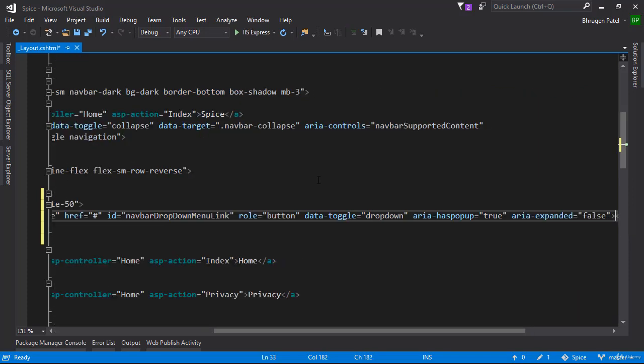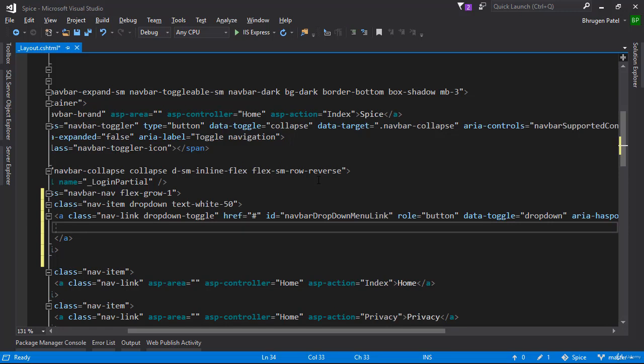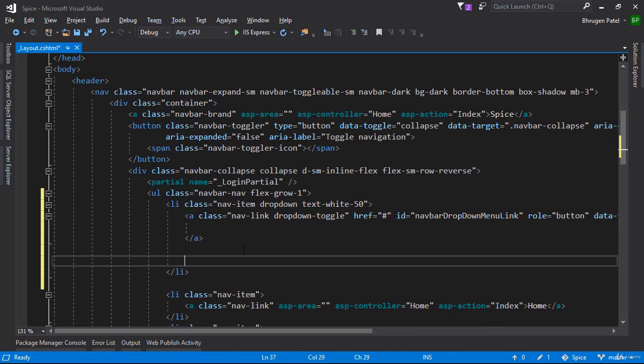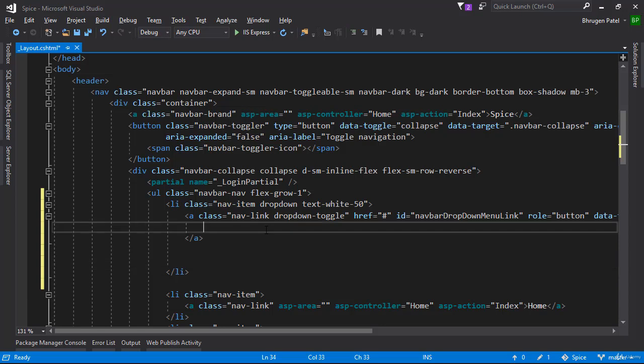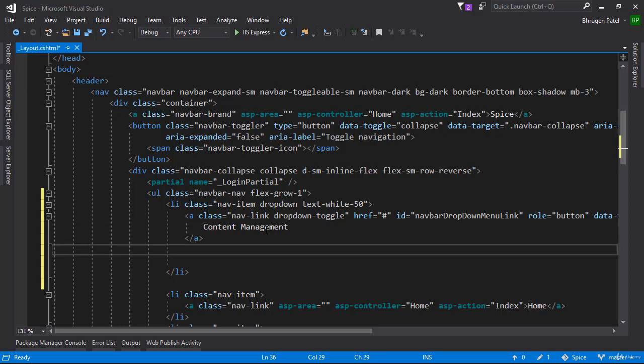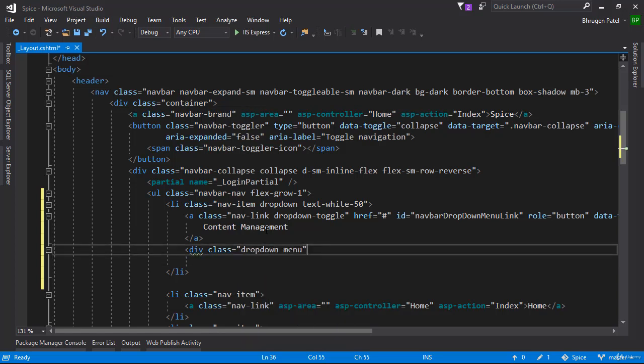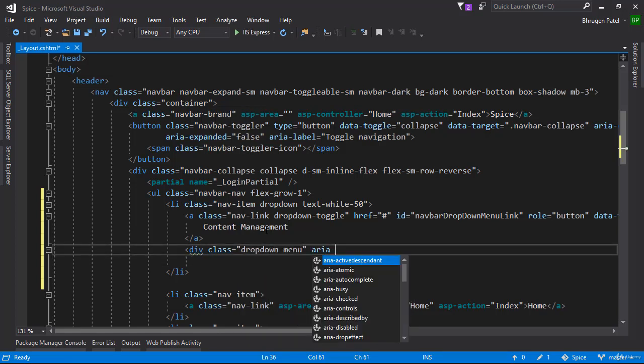So let me close the a tag here, and we do not want to do anything inside this anchor tag. This will just display that. So here we want to display content management, and then the content inside that dropdown will be inside a div class of dropdown menu, and we'll give an aria labelled by,